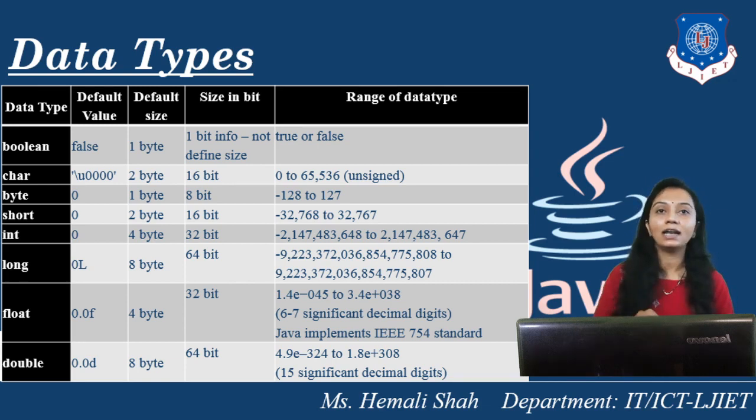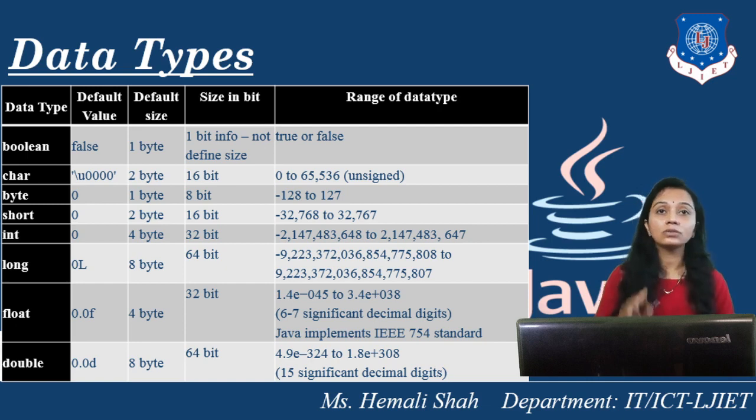So these 4 integer data types are available, and the size is multiplied by 2 each time, so you get the sizes 1, 2, 4, 8. Now the range is based on the number of bits occupied inside this particular data type. You can identify the range by making some calculation that you have already learned in your digital subject, right? So you have already learned how to find out the range. Now float and double. This float occupies 4 bytes and this double occupies 8 bytes.